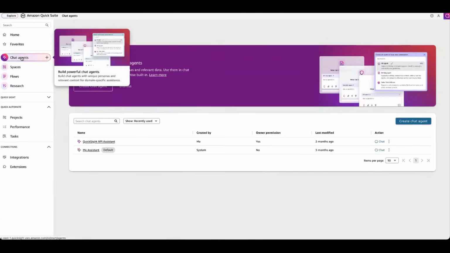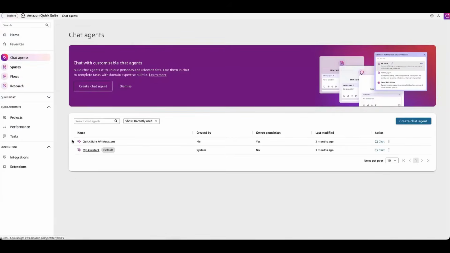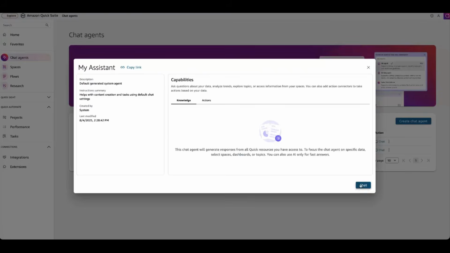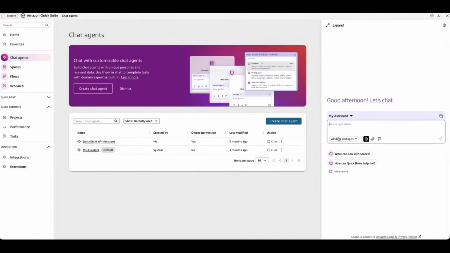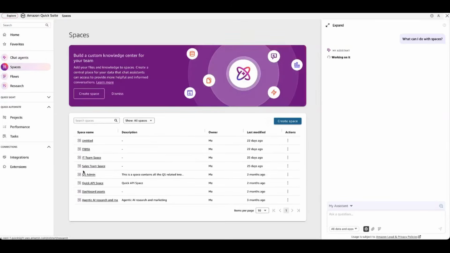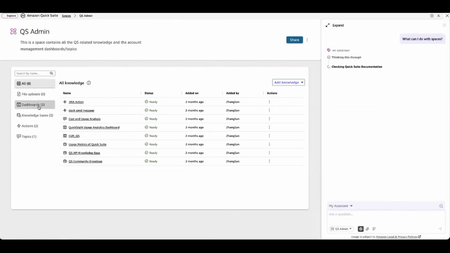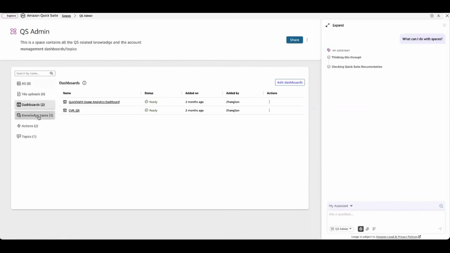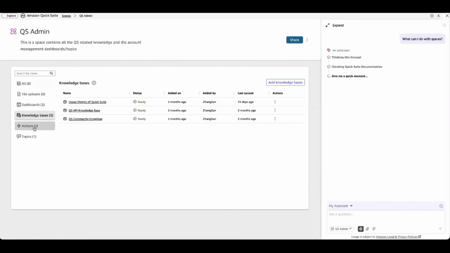We only have time to show you a little bit at a high level. Chat agent means it's just like an agentic style that allows you to run some chat to answer your question. And you have space. Space you can think of like a folder. So in the space, you can put the structured data, which is dashboard, and unstructured data, which is some PPT